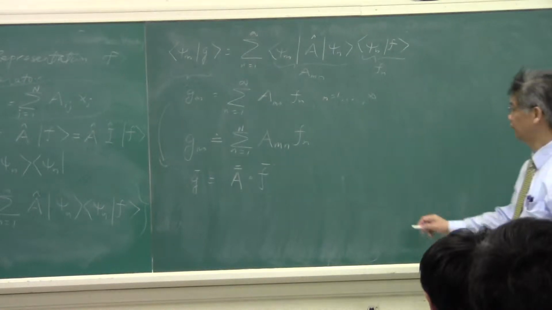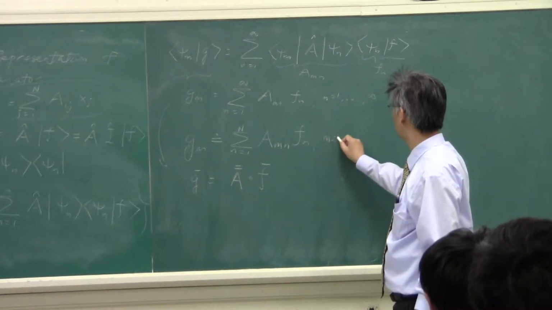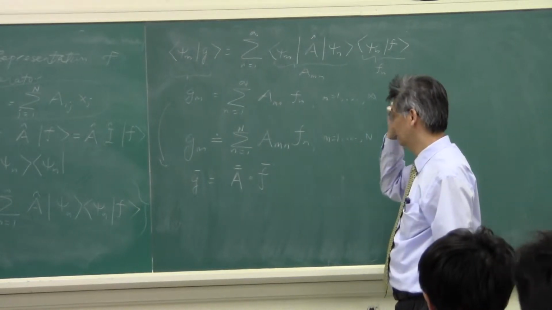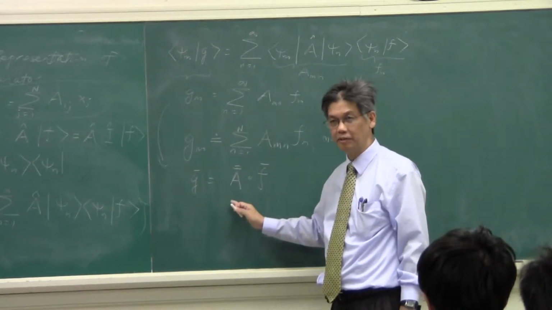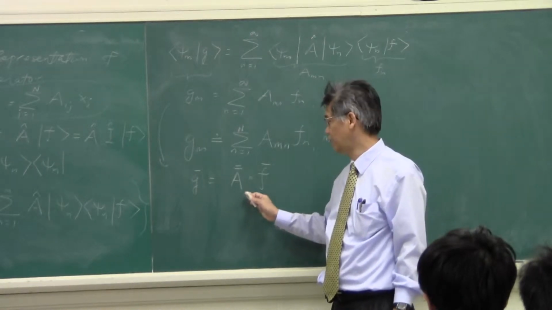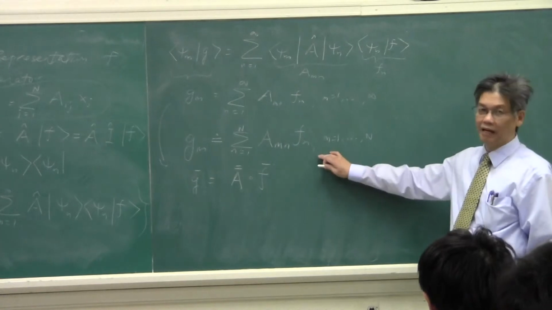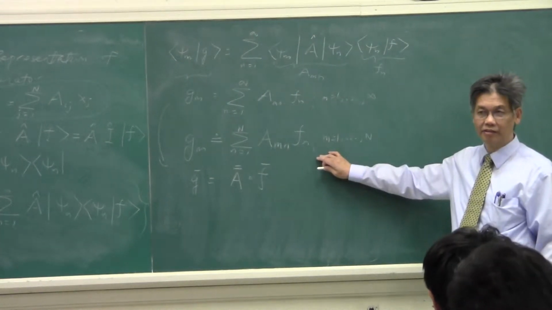Truncate it in order to invert. Okay, when we truncate it, we'll go with m running from 1 to n. And you can either work with an infinite dimensional matrix system or an n by n matrix system. Of course, if you have an n by n matrix system, you learn a lot of things in school on